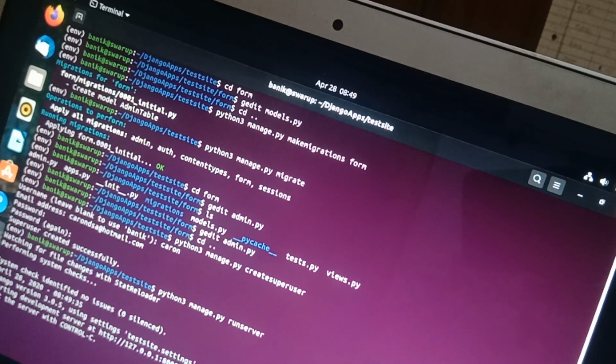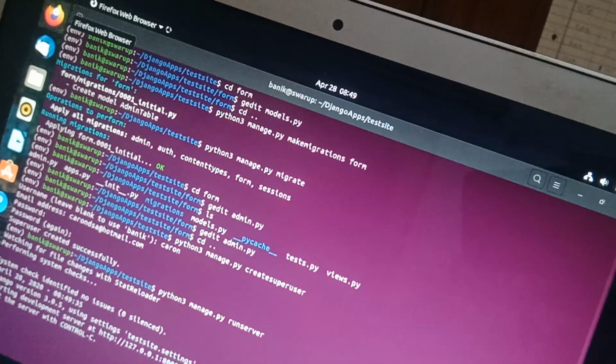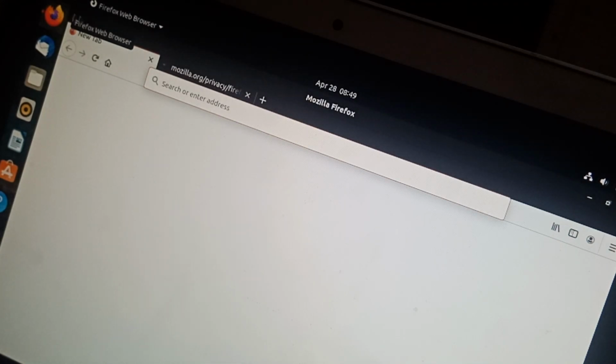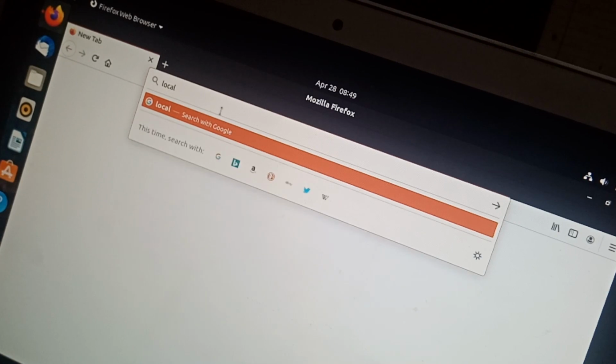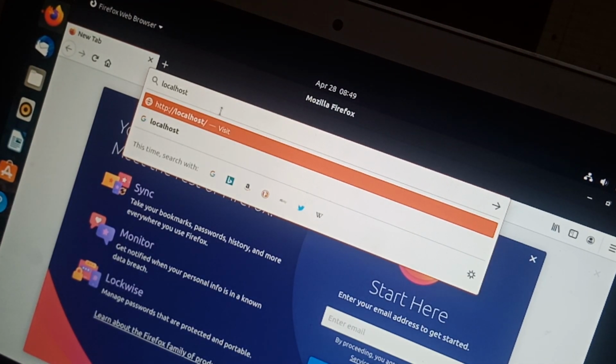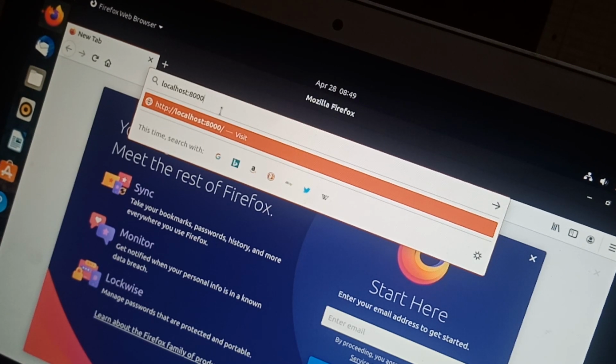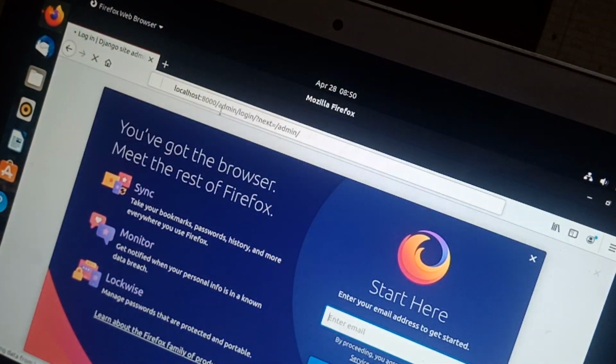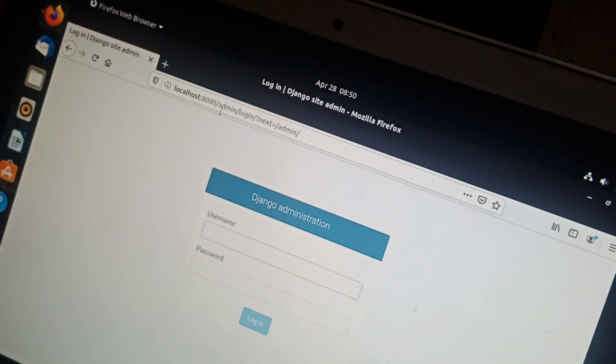You can see the server running. I have to go to the browser. Here we will type localhost and the port number, and here the Django animation opens.